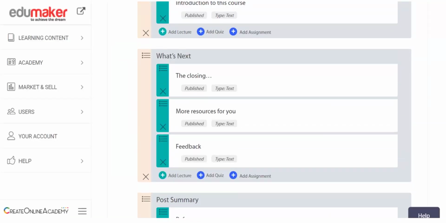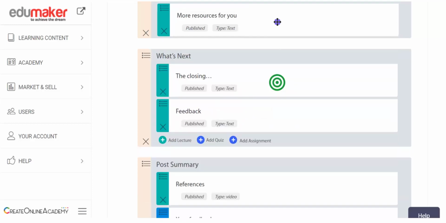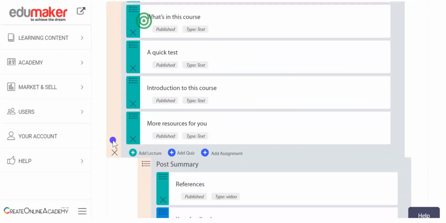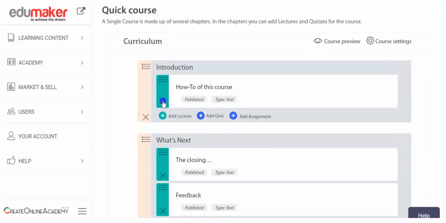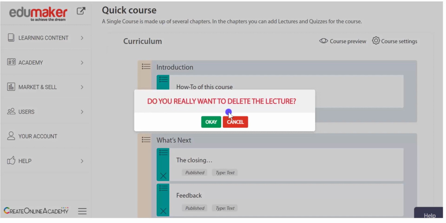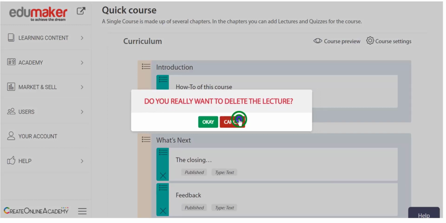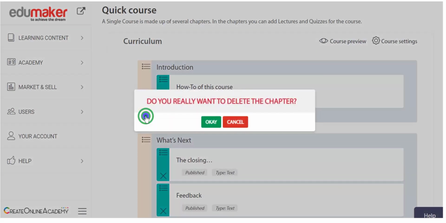At this juncture, please note that the order of the chapters and all of its elements like lectures, quizzes and assignments can be reordered in a pick and drop fashion from the curriculum page itself. And evidently, you can also delete any chapter, lecture, etc. through this cross sign from the curriculum page of the course.